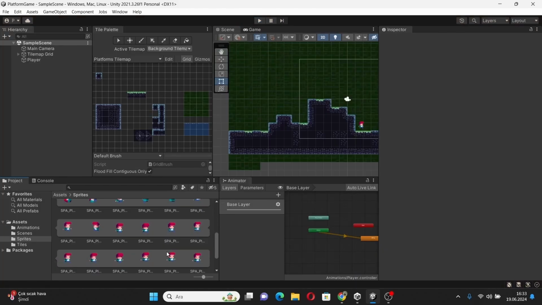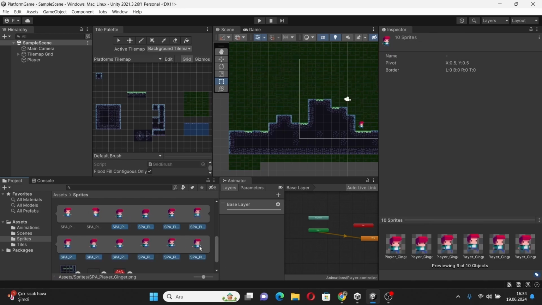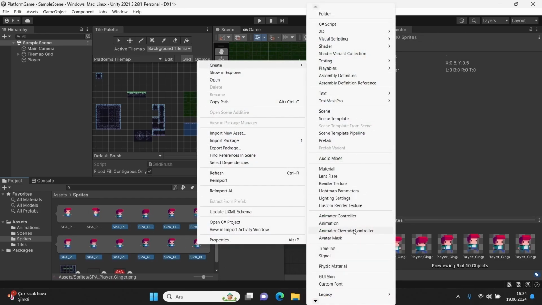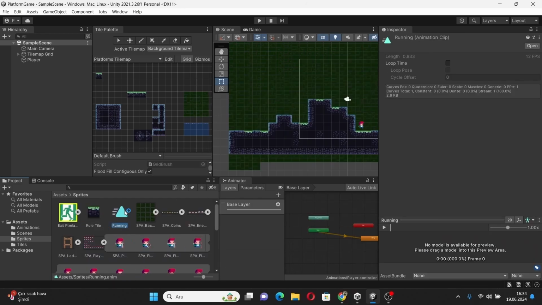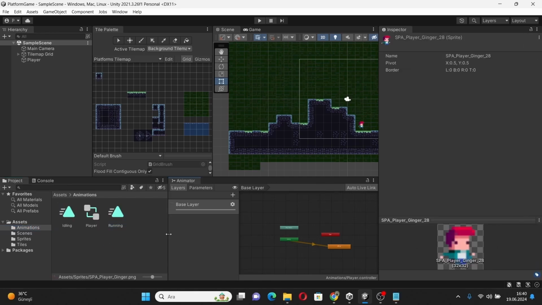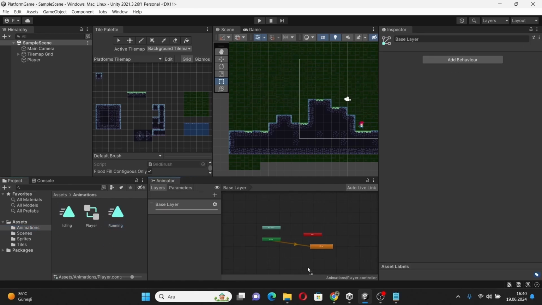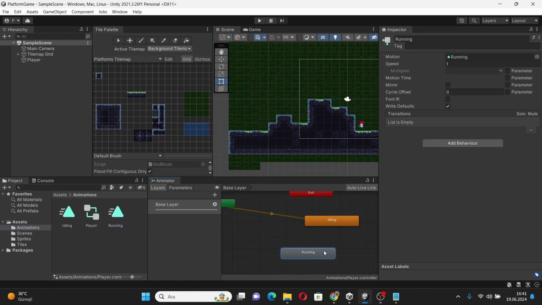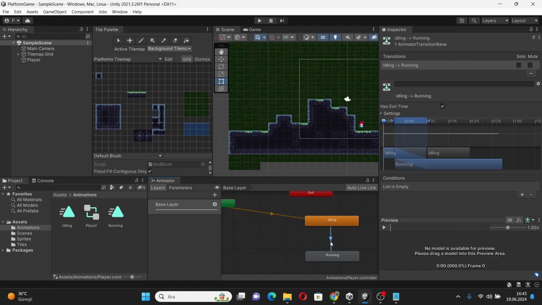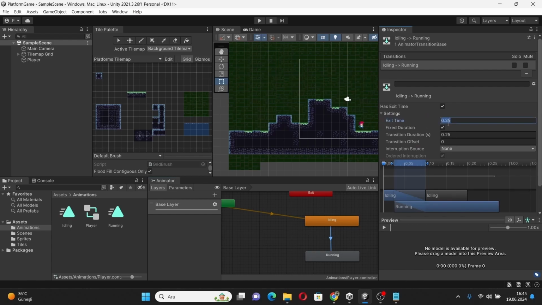I selected Splash 19 to 28 on the player's splash sheet, created an animation called running, and moved this animation to the animations folder. I moved the running animation to the player's animation controls. I created a transition between idling and running. I selected the transition, removed the has exit time from the settings section in the inspector, and set the exit time